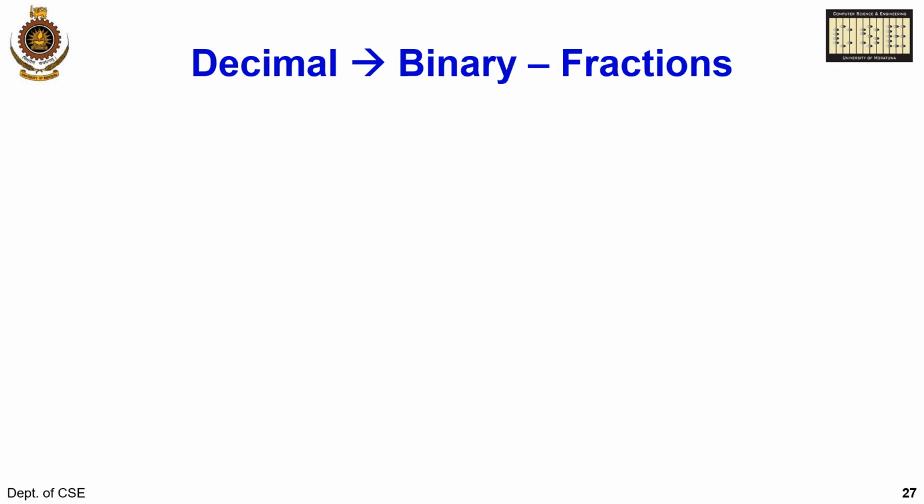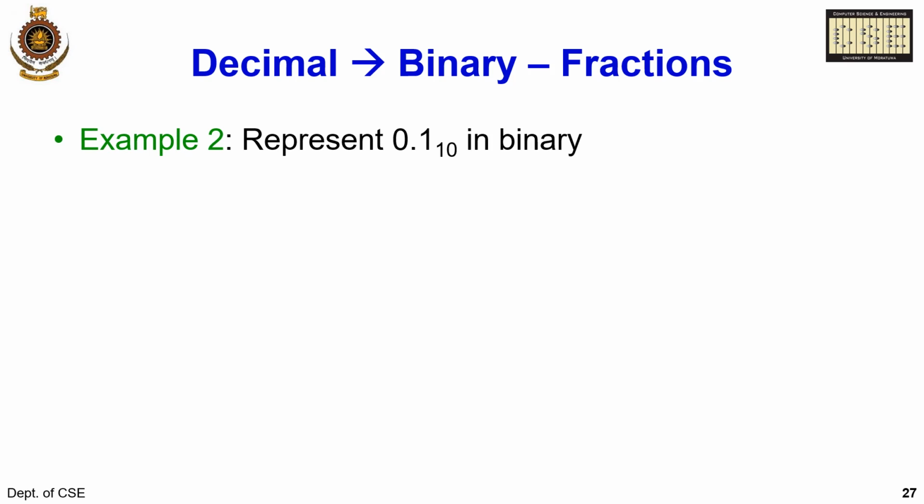Let's look at another example. This time it's an interesting number. So I represent 0.1, a decimal number, in binary. I'm not going to go through the process of converting it, since it's exactly the same as before, right? Try it out yourself. You'll end up with this